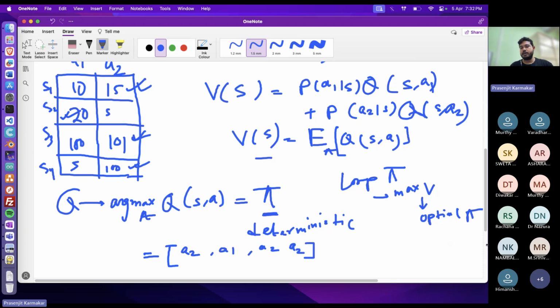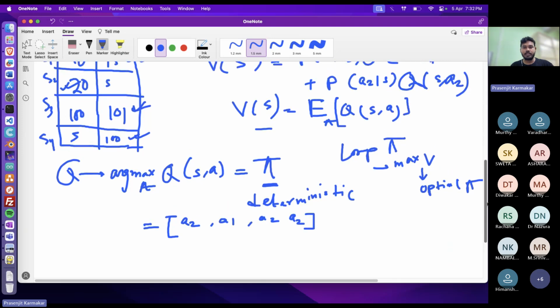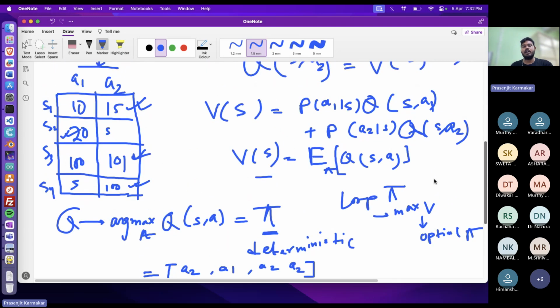See, it is a deterministic policy, which state I will take which action. It's not like a probability that, okay, with 50% chance I will take A1, or 50% chance I will take A2 for state 1. And how can we compute probabilistic policies with it? We can just take a Boltzmann function on this, right? This e to the power beta x divided by the summation of e to the power beta x1 plus beta x2 plus beta x3, right? Or basically the